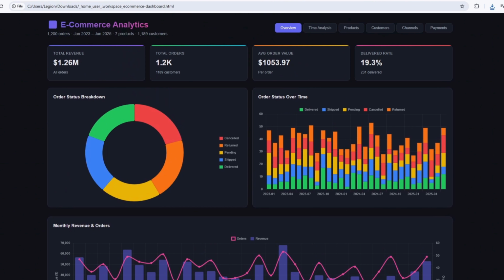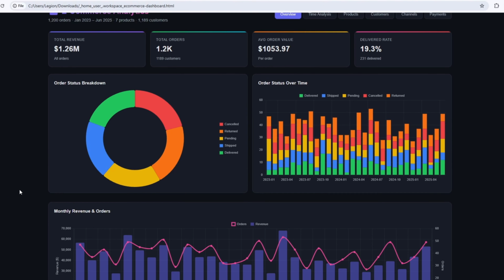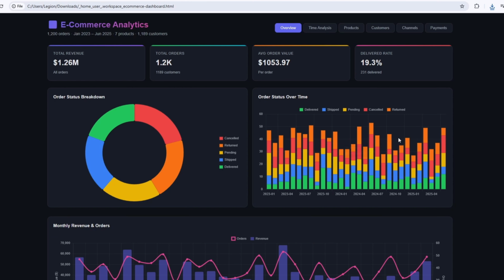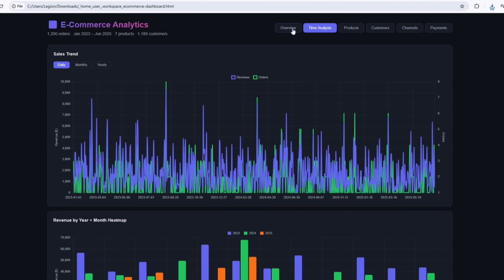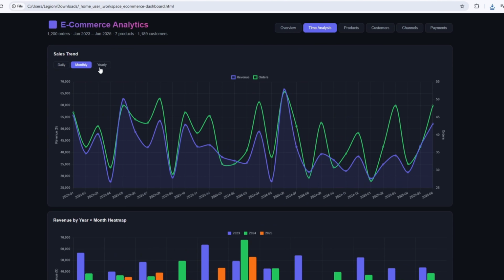The dashboard includes an overview with key metrics such as total revenue, number of orders, and average order value. It also shows an order status breakdown pie chart, an order status over time bar chart, monthly revenue, and order trends. On the Time Analysis tab, it shows the overall sales performance over time, including daily, monthly, and yearly revenue